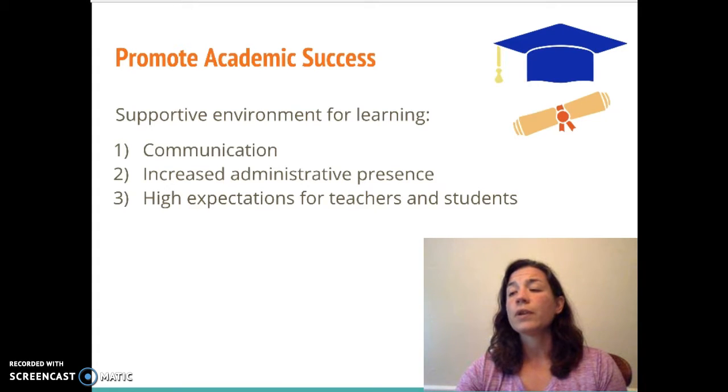This includes the administrative team, parents, staff, and especially with Mrs. Horton. Increased and clear communication with all members involved would hopefully ease some of the tension off of this difficult situation. If Mrs. Horton was put on a plan of improvement, then there would be an increased presence of administrative support in her classroom to support her as well as the students. High expectations from the building principal are paramount to the success of a school building. Just because someone is going through a rough time does not mean that those expectations are lowered. And in order to promote academic success for the students, high expectations must be maintained.